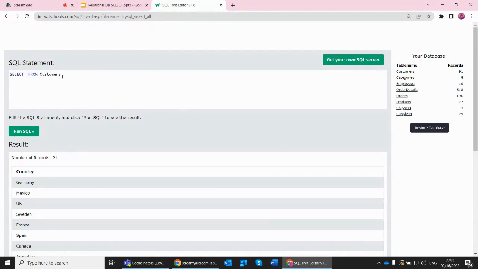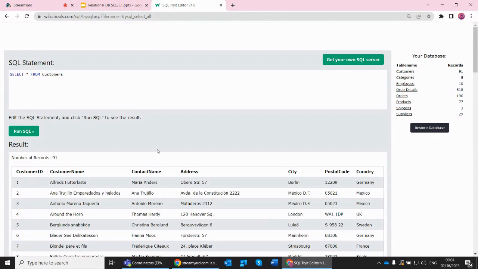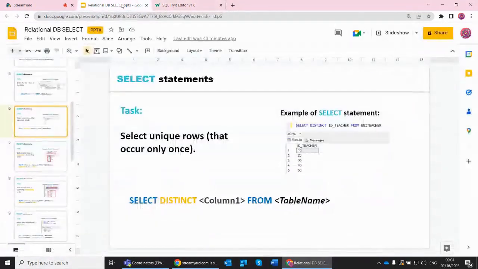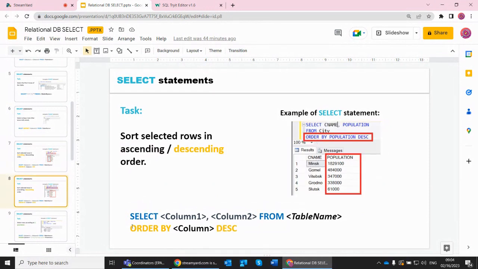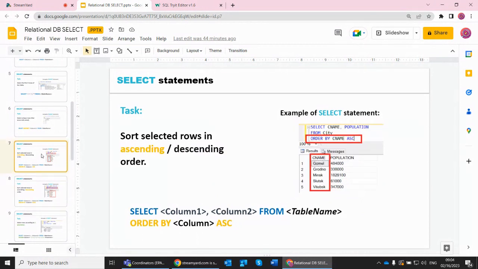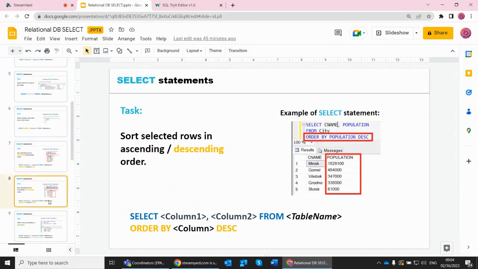Again, let's go back to the full table of customers. Let's imagine that I need to order the information in this table. I can do it in two ways. I can sort selected rows in a column in ascending or descending order, and all I should do is provide ORDER BY and the name of the column. If I want to order them in ascending order, I will write ASC, and in descending order